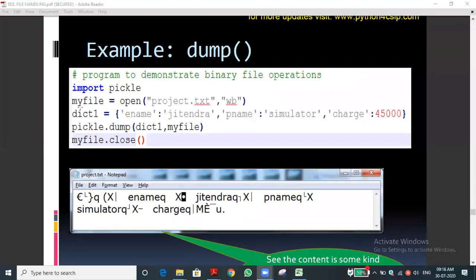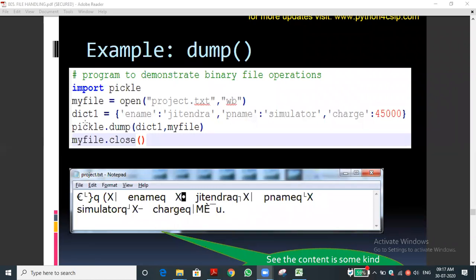Then, as usual, the file object. My file is a file object equal to open of file name comma mode. Here we are opening in W representing write mode, B representing it is a binary file. The file is not decided by the extension. This is a physical file. But here in which mode are we opening the file? That is binary file mode. Okay, please understand this one.